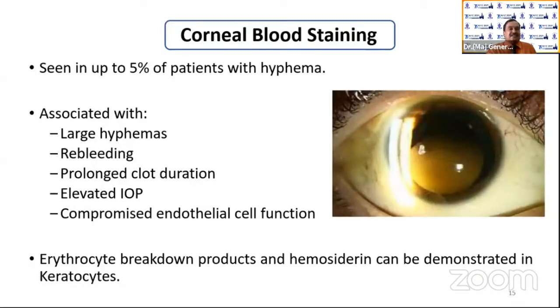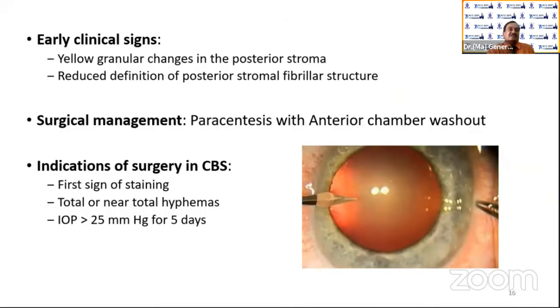Corneal blood staining, again, is a sort of injury. If hyphema is not handled in time, it can remain there for more than 5 days. The corneal endothelial cells may be stained, and subsequently this can be the cause of chronic subacute endotheliitis, which can be very difficult to handle when the child grows in age.